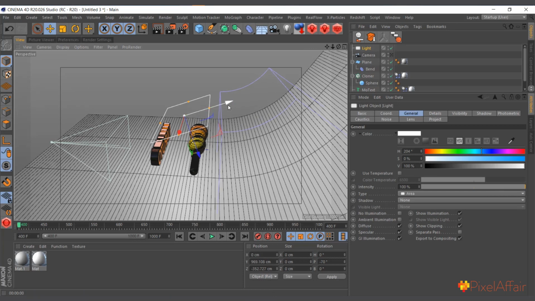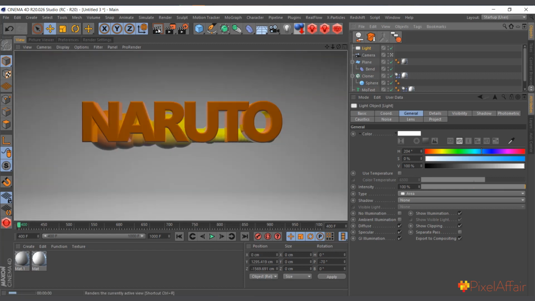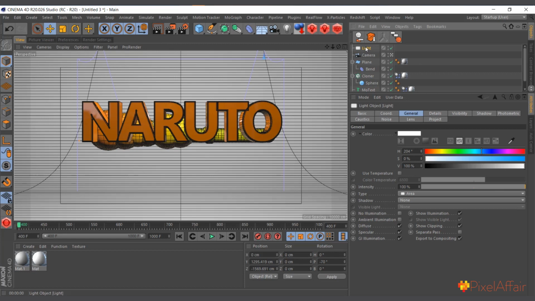Oh, okay, so you see it's not affecting. So actually I'll change the axis from local to world, so move it this way. And now if I hit render, yeah, kind of like it, but I don't like the way it's coming